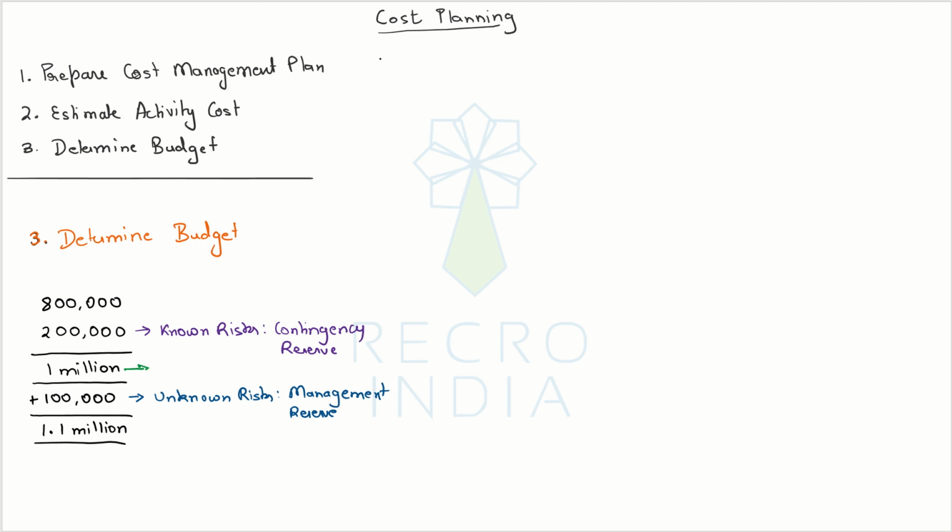So in that respect, this amount, 1 million, is the amount which your project manager is going to get to spend on the project, and this becomes the cost baseline. Of course, not just the million, but we'll talk more about that. This amount technically is known as budget at completion, BAC,